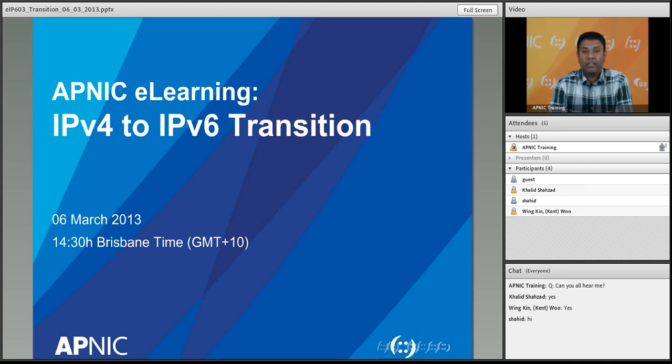Then the question is, if those two protocols are not compatible with each other, then in the real internet we have a mix of both v4 and v6 running computers. How can they communicate? What would be the transition technologies, and how can we build the internet effectively so that two different protocols can work together? Those are the things we'll be discussing in this module, IPv4 to IPv6 transition. Make sense?